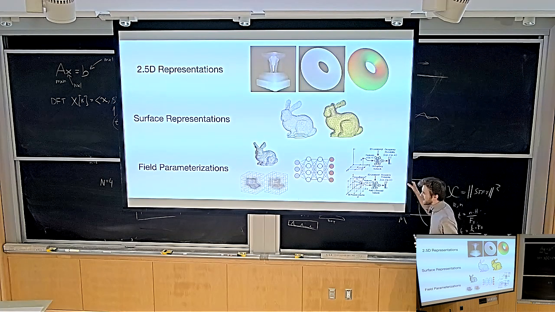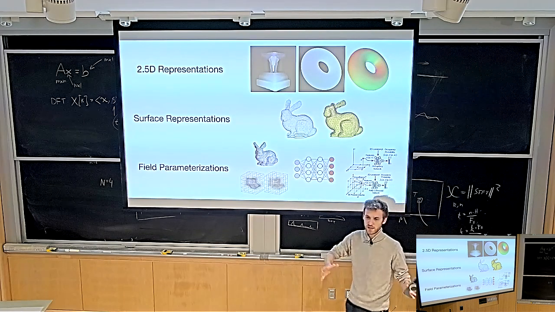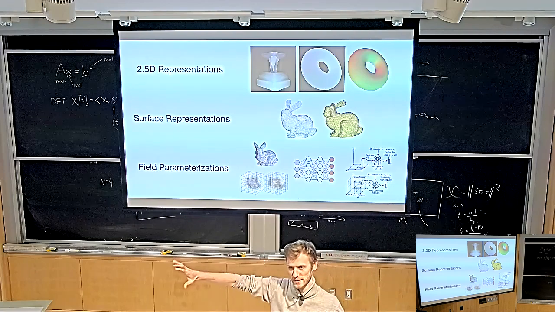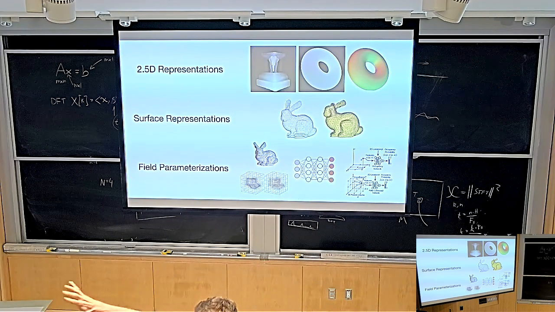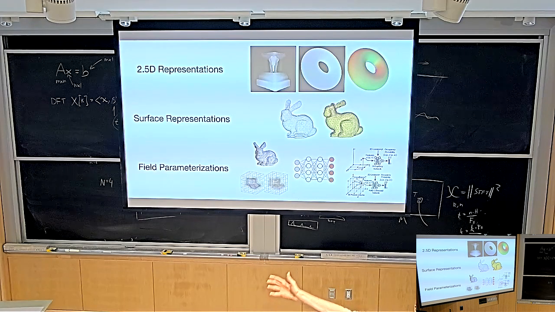Okay, so now what we didn't talk about for these field parameterizations is how do you actually parameterize functions in 3D. So let's say, for instance, we have a 3D function, and I promise you soon we'll get to cool, pretty images. But for now, let's just imagine we have these abstract 3D functions in space. For instance, let's say we had a signed distance function. You had this room here, and you wanted to parameterize the geometry of this room as a signed distance function. How would you actually parameterize that signed distance function?